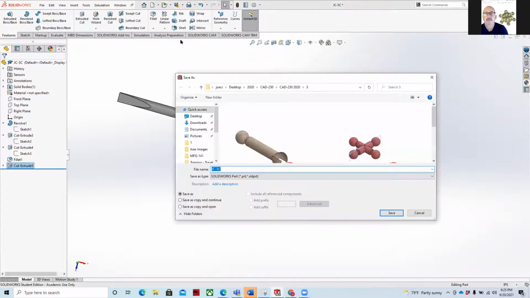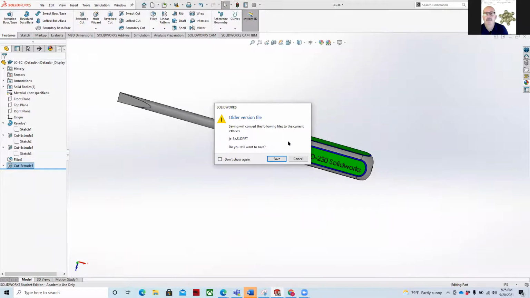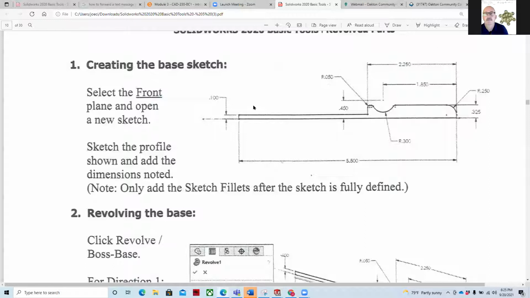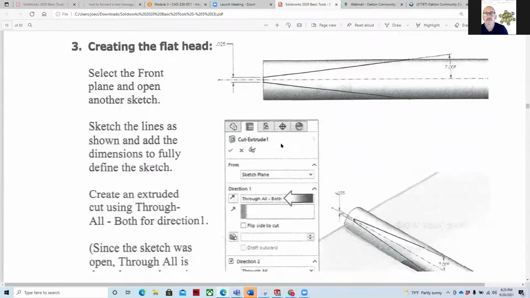It will update to the 2021 version. Say yes. Sure. Go ahead and replace it. Yes, I know. Older versions. And then as we go through,